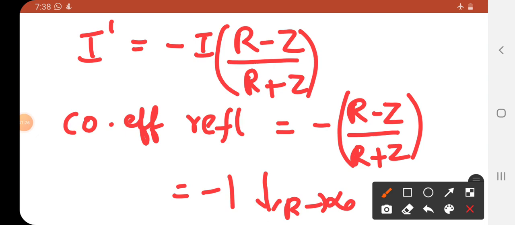Yes, I hope you understand this topic. That is, the transmission line terminated with resistance, the transmission line terminated with open circuit, and the transmission line terminated with short circuit. Three topics we covered today. That is, open circuited line, short circuited line, and the transmission line ended through resistance. Just these three topics we covered today, and thank you for listening to this.